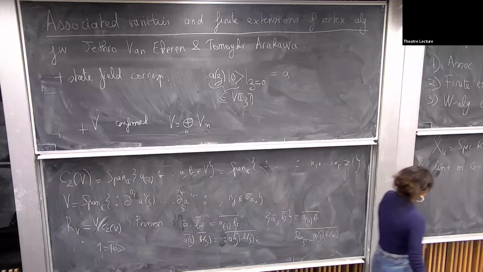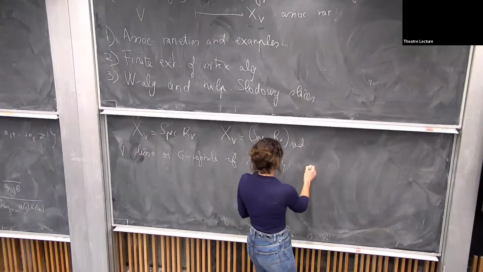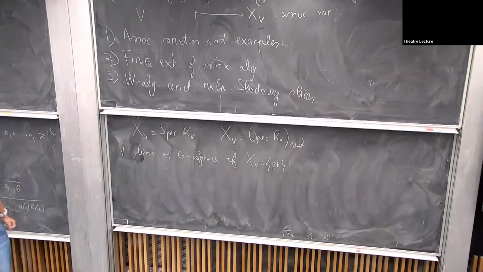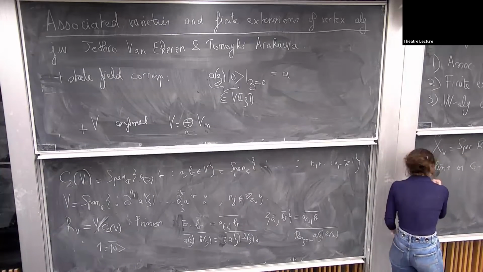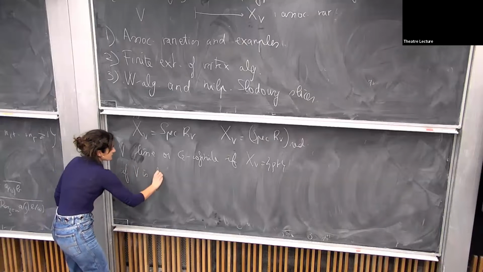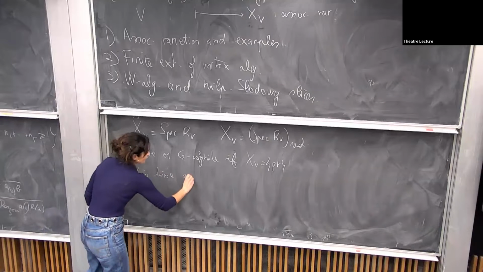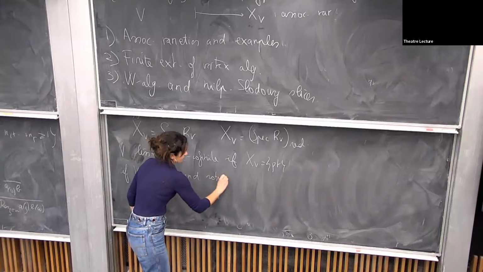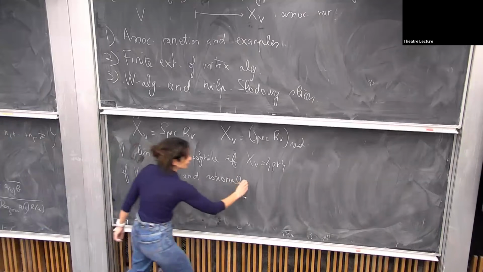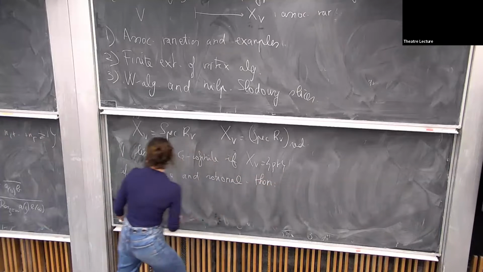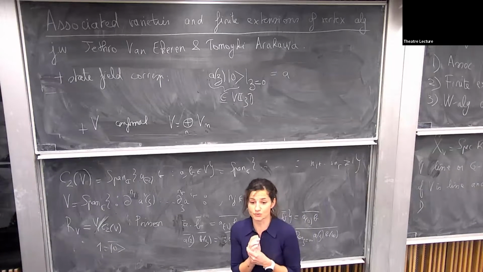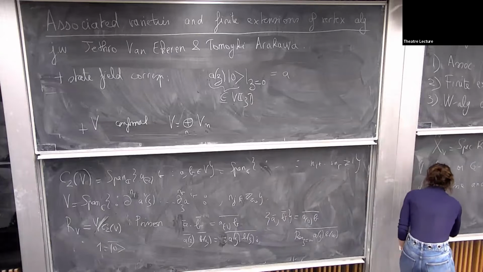Okay. So yes, it's true that this is equivalent to that condition, and this is equivalent to the fact that R_V is finite dimensional. So these vertex algebras are very nice. So for instance, if V is lisse, and maybe I assume also rational for the statement, then first of all, there are only finitely many simple V-modules. So this is already a very strong property.